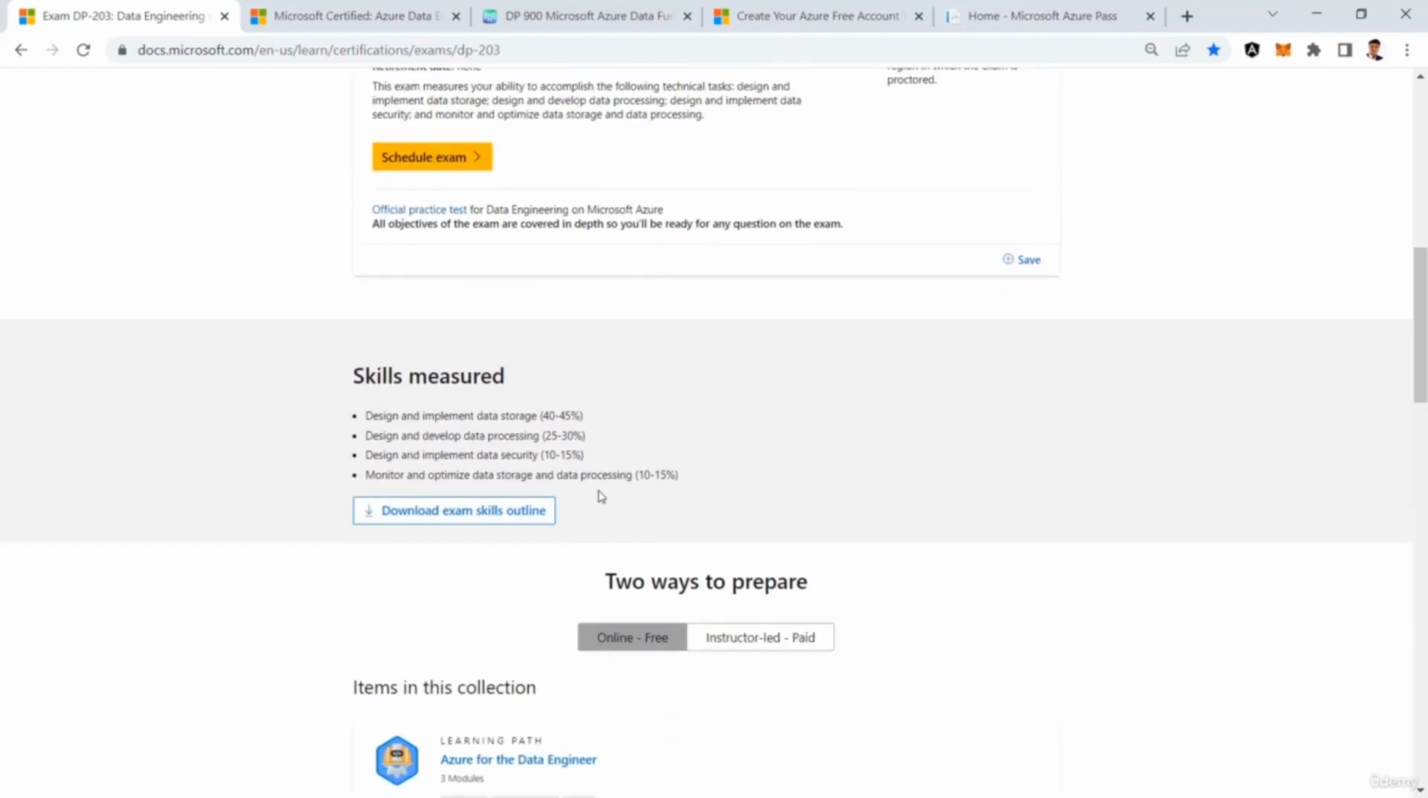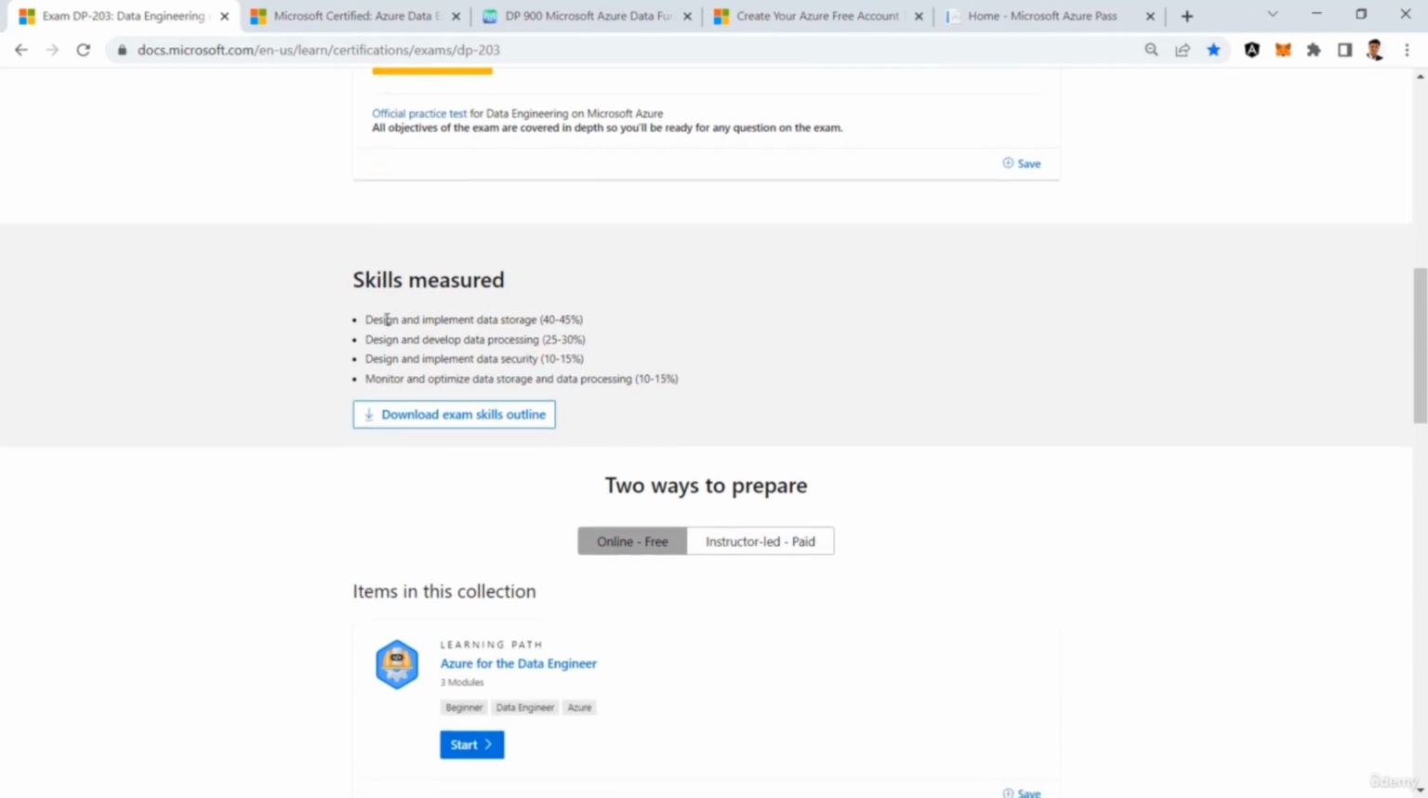If you go to the official exam page, Microsoft tells you that they are focusing on 4 skills. They are going to measure skills focusing on design and implementing the data storage, which has the highest weightage, no doubt; design and develop data processing; design and implement data security; and finally monitoring and optimizing the data storage and data processing. Throughout this course, we are going to focus on these skills only,